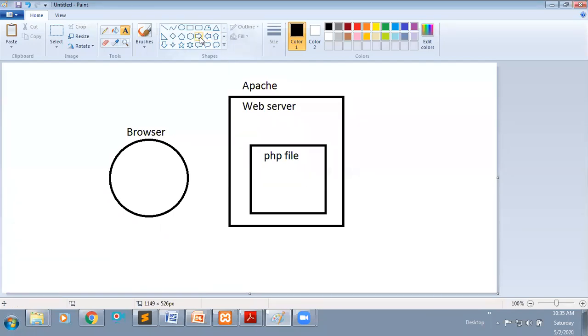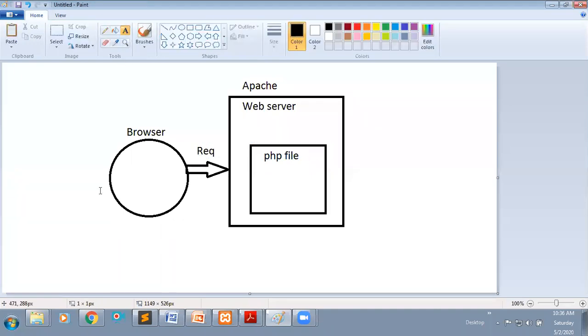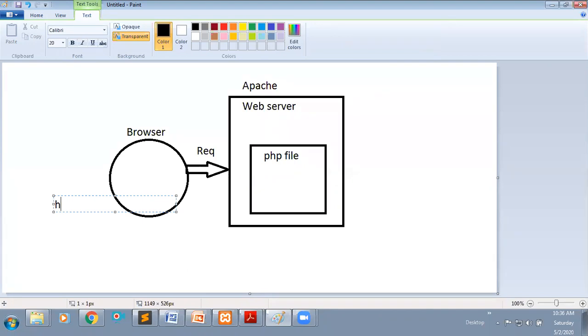For example, I want to access one page from my website. Generally, by using the browser, we just request this page. For example, I want one page that is home.php.